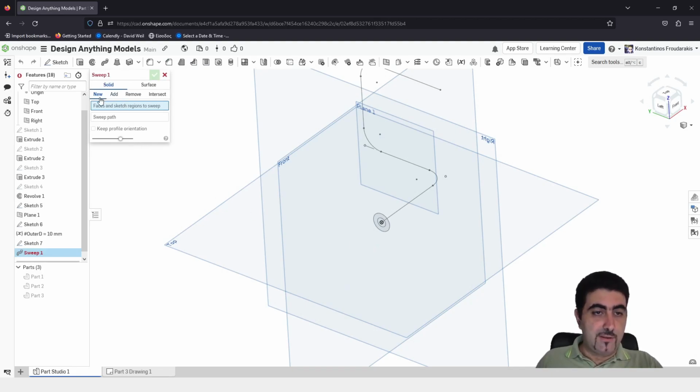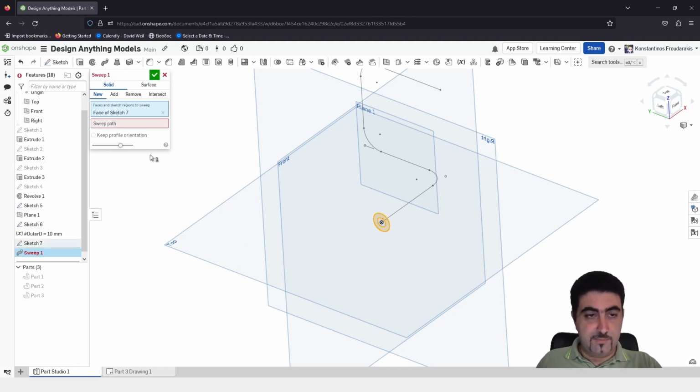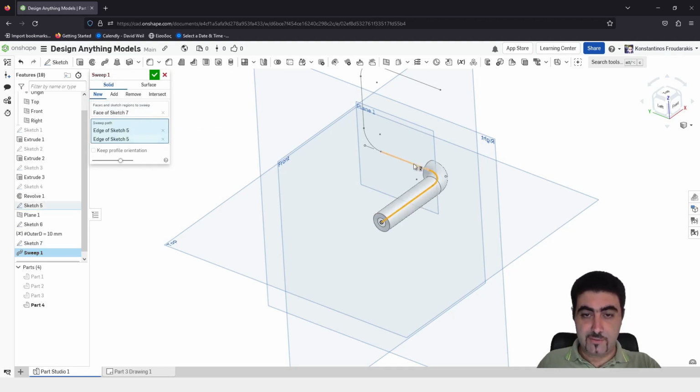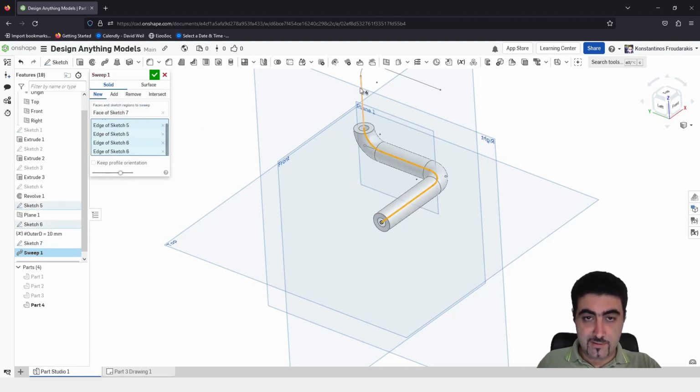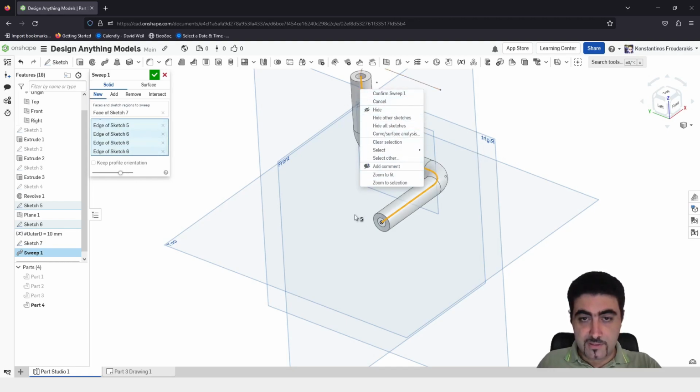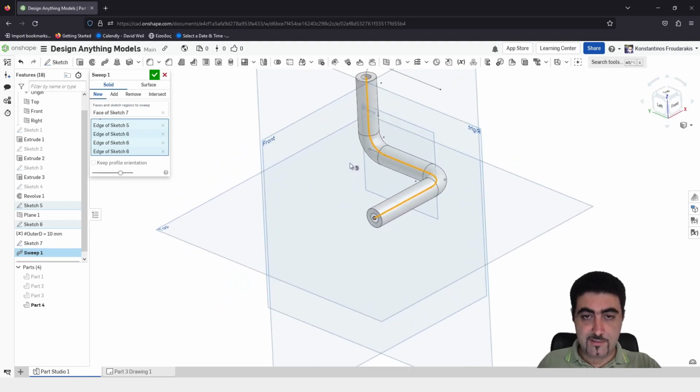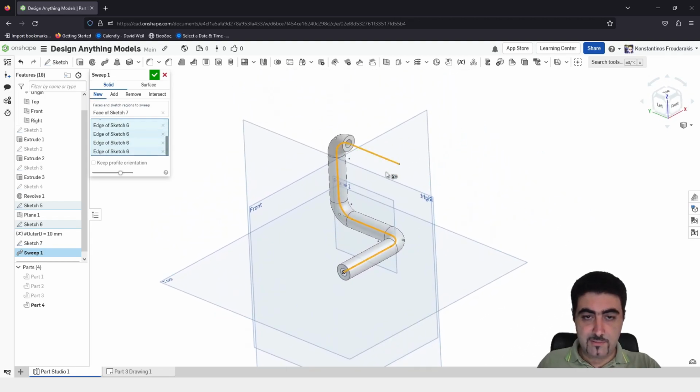Yep, solid. I want to add a new solid. This is my profile. This is my sweep up. Okay, so I need to go along and select everything. I wonder, no, it doesn't have a chain select option. Okay, well, I mean,